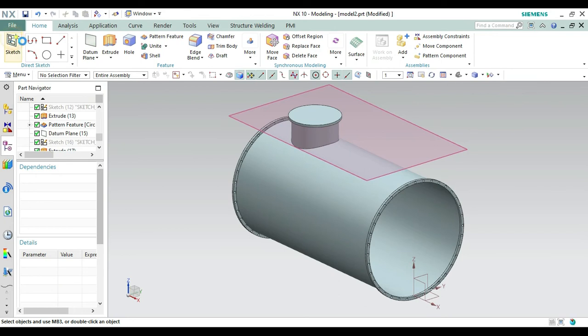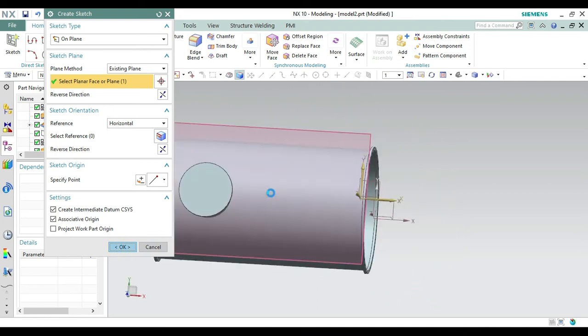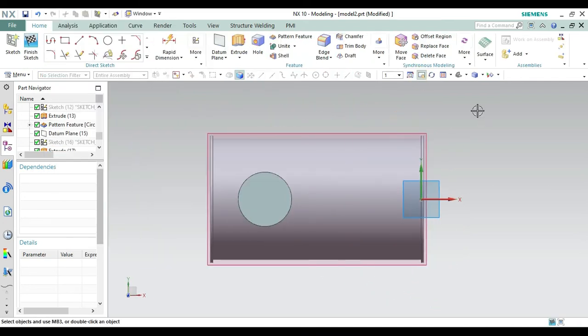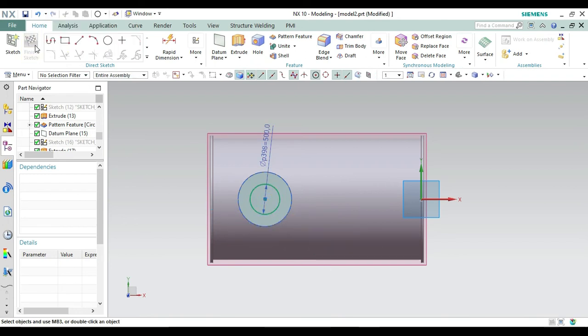Now we have to create a circle above this. Selecting this sketch, make it okay. Taking the circle command, we have to create a circle from the same center like this one, of diameter 500. We also need a thickness of 3, so create a circle of diameter 497. Let's cancel it, we will create it later.